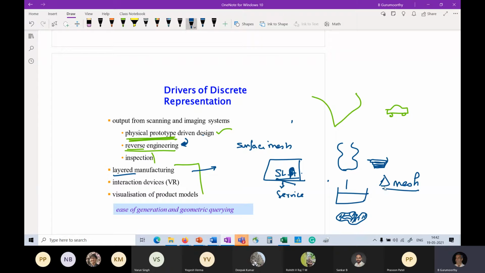The format that was most popular for the triangular mesh was given the name .stl, which stands for stereolithography, which is also the process that they were using. They were using a laser to create a solid out of a photopolymer. And so that's how this triangular mesh became a popular representation.